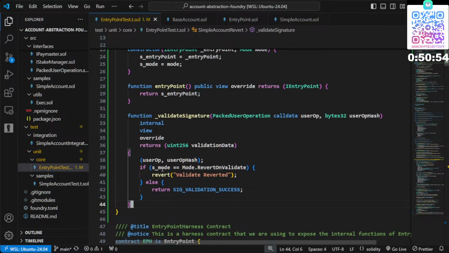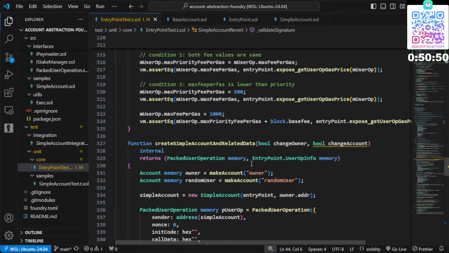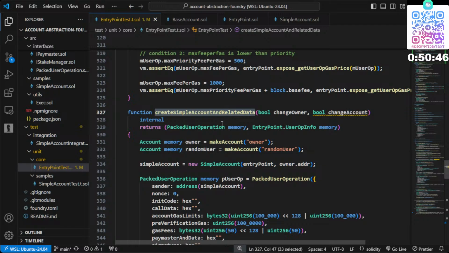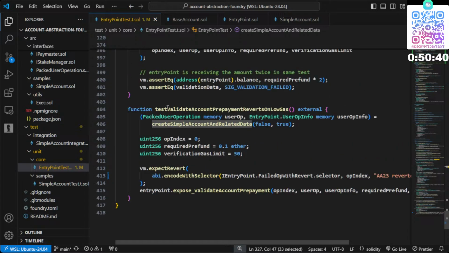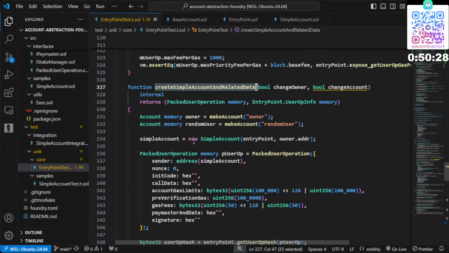Next is, let's go down. At which point? At this point, yes. Create simple account and related data, because here you see we need user operation and user operation info. So we are going to change this to deploy